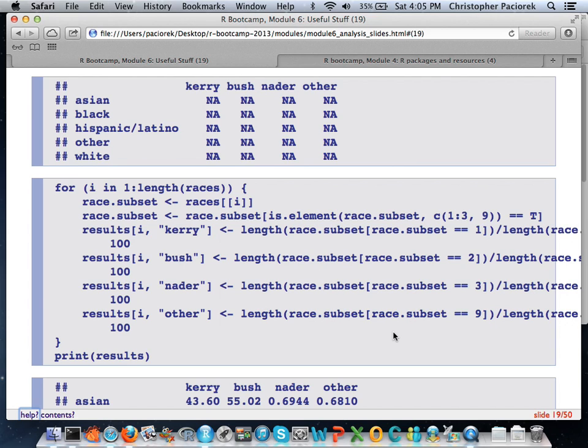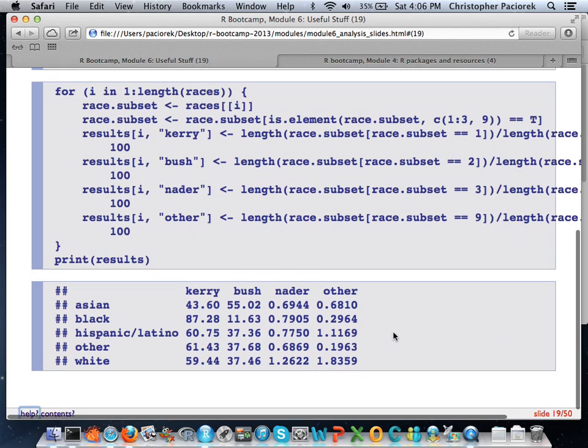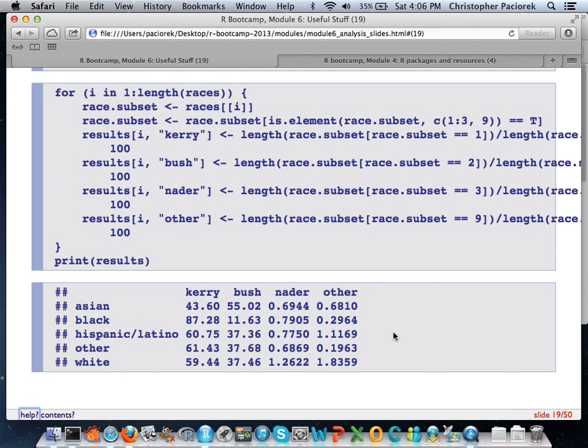All this function is doing is saying, okay, for this individual row, in this case, which is going to be our race, you need to calculate the Kerry percentage, the Bush percentage, the Nader percentage, and the other percentage, and put it in the appropriate cell of this matrix here. And you can see once you run that, it ends up in the matrix down here with all our results filled in. All right, so now we've got the junky ways to do this out of the way.